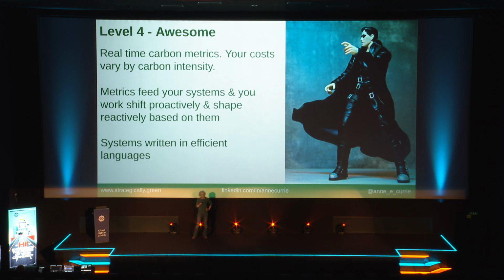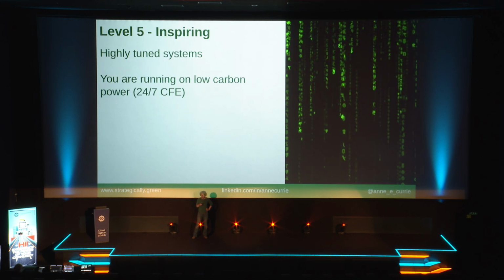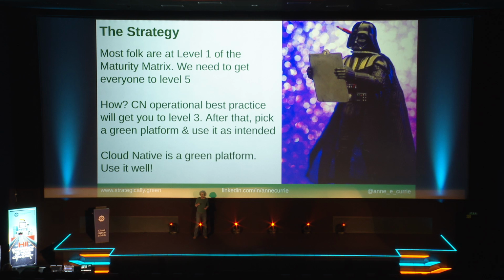That's quite considerably more difficult. And then level 5 is even more difficult, because you're just tuning that. You're getting to the point, at level 4 and level 5, where you're actually starting to automatically shift work to when the sun is shining or the wind's blowing. So it is a degree more difficult.